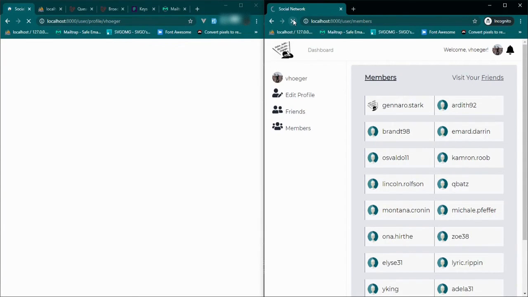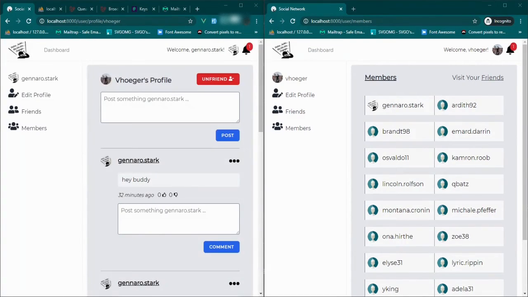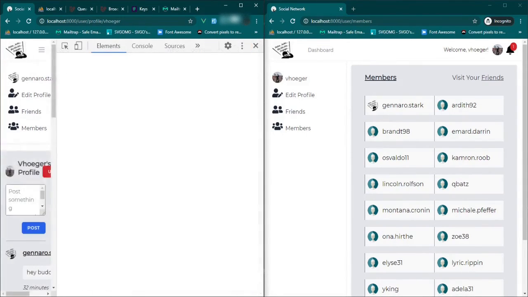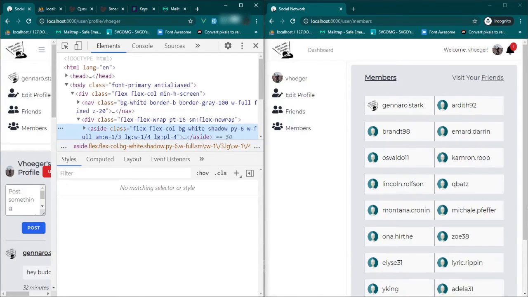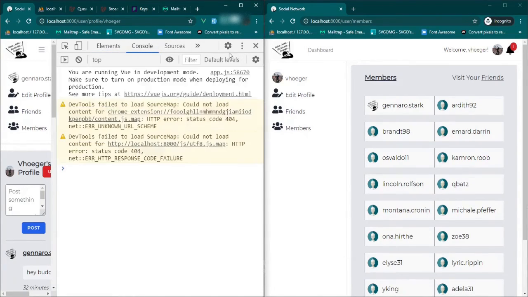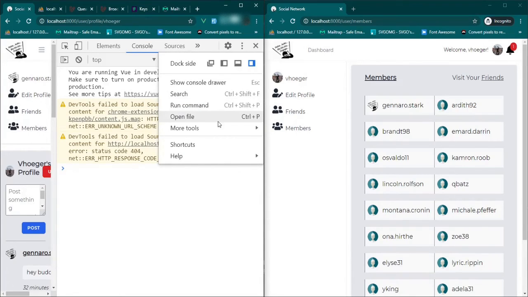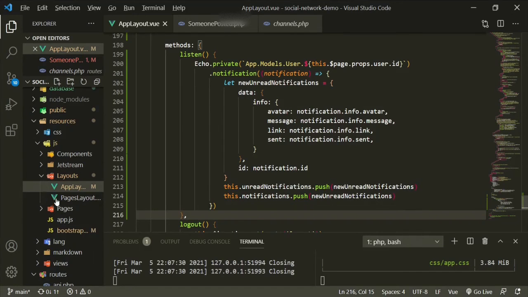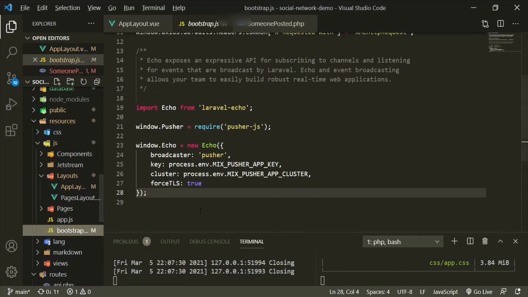And it's this one. So we'll refresh both pages. And what I want to do also is open up our inspect tools. Okay, we'll just move it. We need the console, and then we'll just bring it down below so we can see it better. Okay, and then there's actually a console log that we can use for the pusher. So we'll go back to the text editor real quick, and we'll go to our Bootstrap,